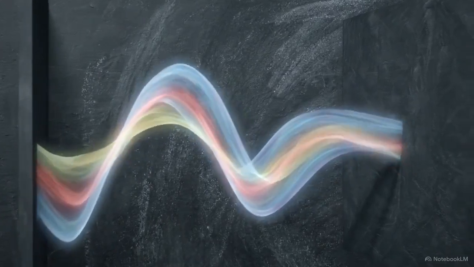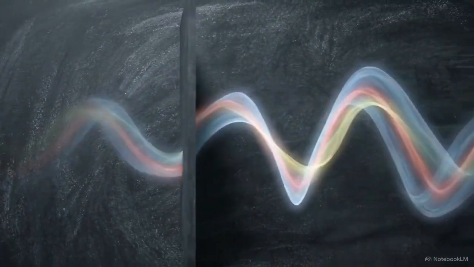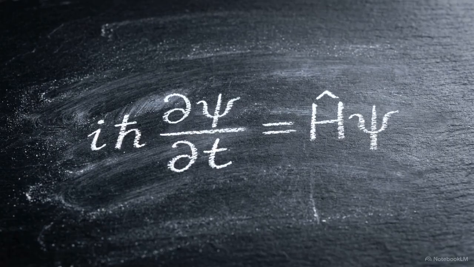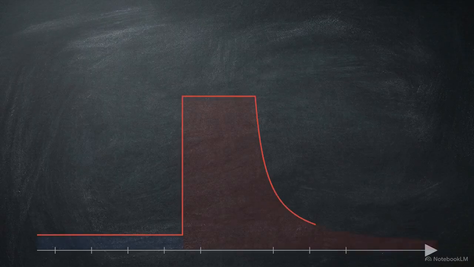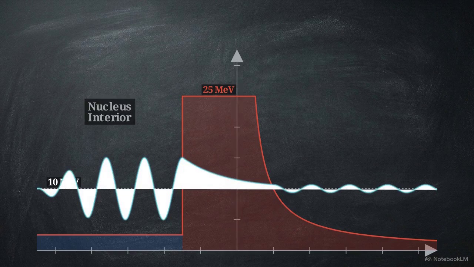Gamow recognized that we have to stop treating the alpha particle as a solid physical object. Instead, it must be modeled as a wave function. Under wave mechanics, governed by the Schrödinger equation, the rules change entirely. The wave is constantly colliding with the boundary of the potential well. The wave function penetrates the wall, decaying exponentially as it travels through the barrier thickness.